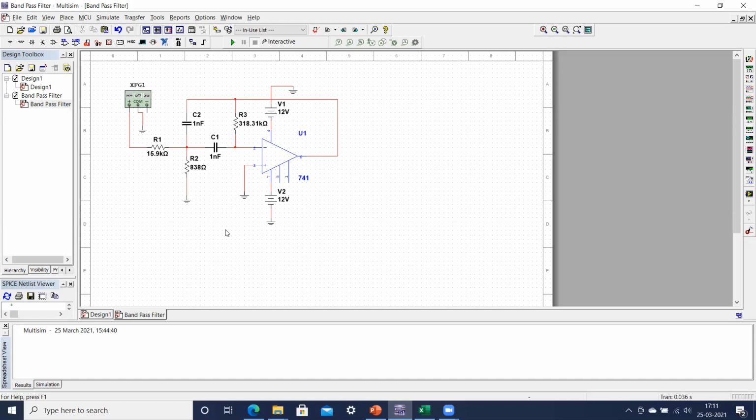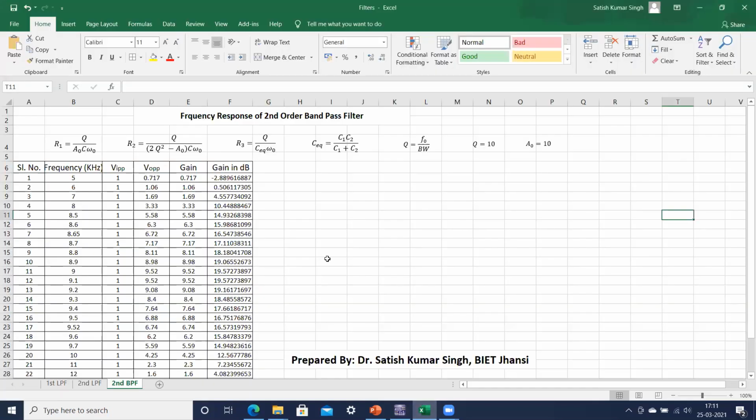Just for simplicity, you can follow this particular equation. I told you that these are the design equations. The specification parameters for designing this filter that I have taken for this case are: the quality factor equal to 10, and the mid-band gain A naught equal to 10.